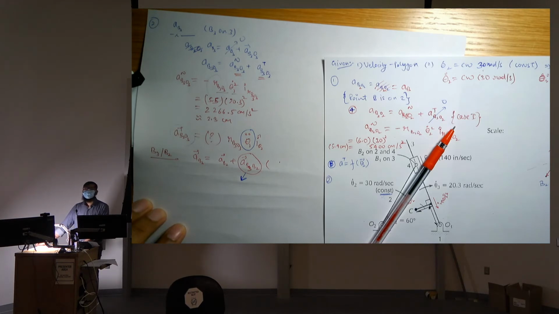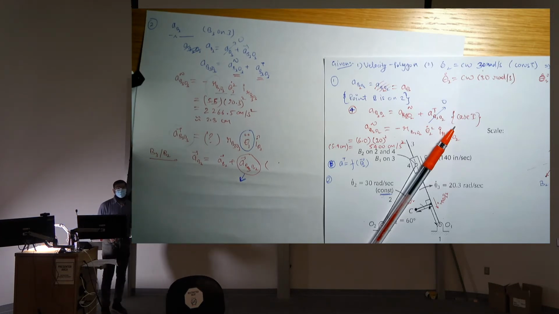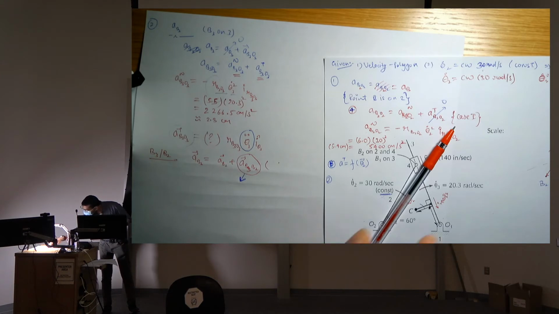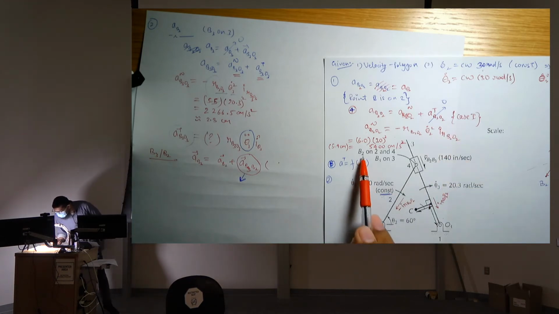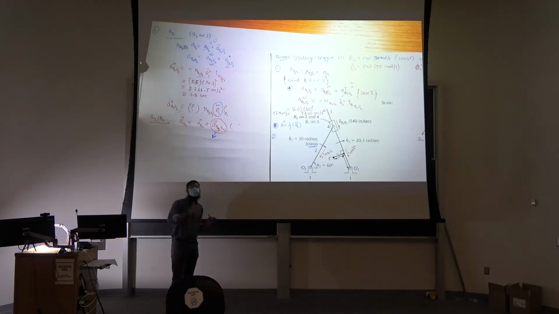Again, I heard a correct whisper. Yeah. So this is a case 2. Any doubt? Because we are assuming, the point B3 on 3 and B2 on 2, at this particular instant only, we are assuming they are on the same positions.